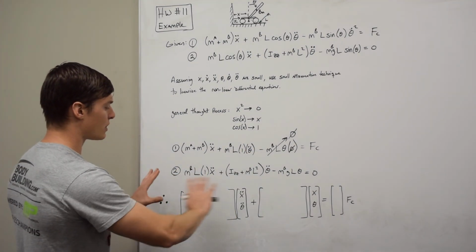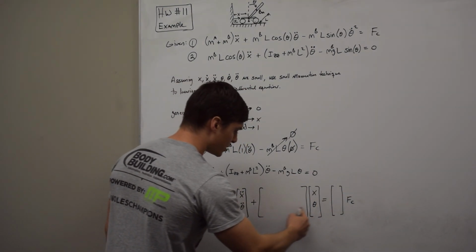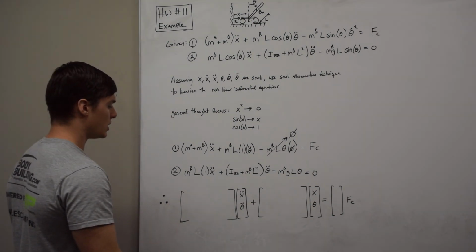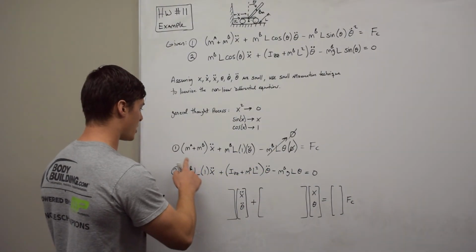But if we're to try to rewrite this expression, this top line being equation 1 and the bottom line being equation 2, how do we write this? So we'd see, all right, in the first equation, do I have any x double dot terms? So I scan through here and I'm like, all right, I've got